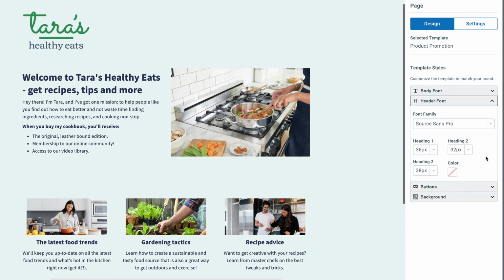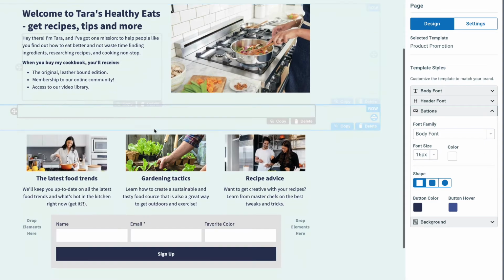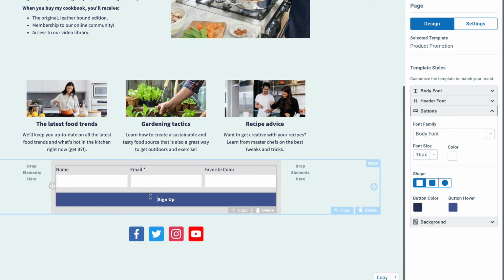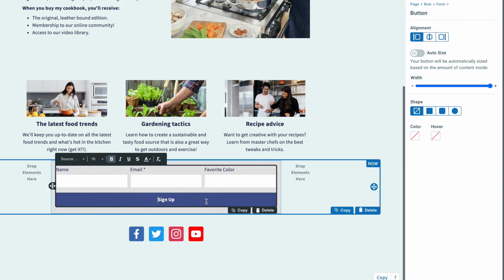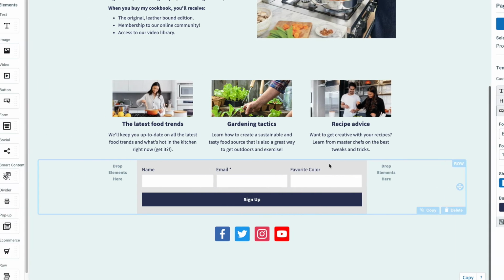We also have a way to change global button settings. So you see we have one button right here down for our sign-up form. If we click that, we can change just that particular button, but none others. If we go back to our page settings, go back to button, let's go ahead and drag another button in here just to show you how this changes the global settings. I'll put that button over here. Let's center align it real quick.